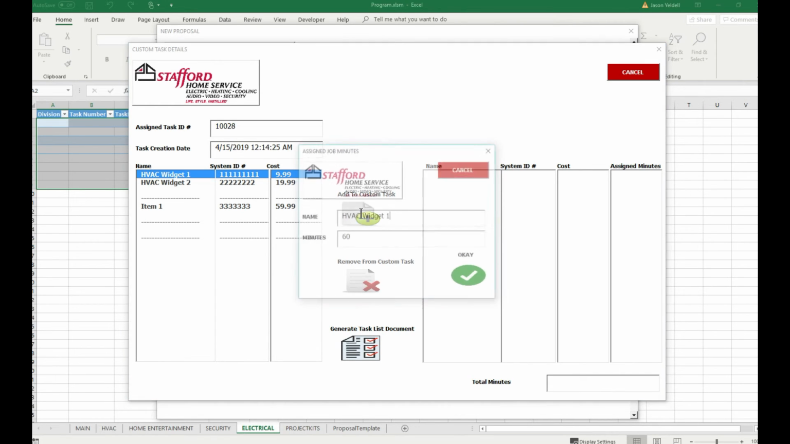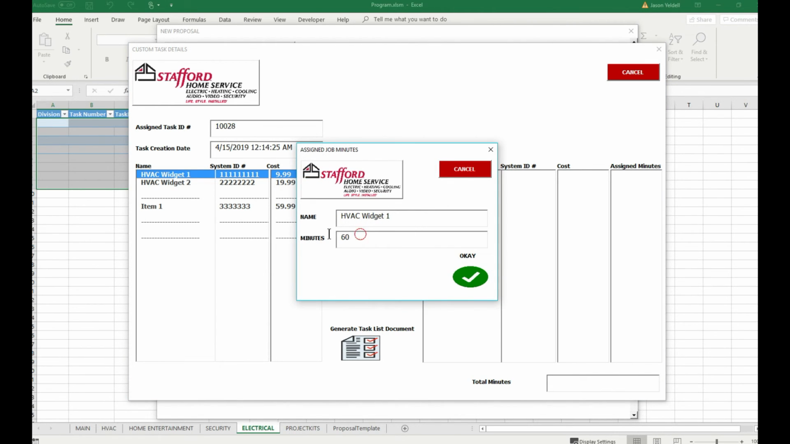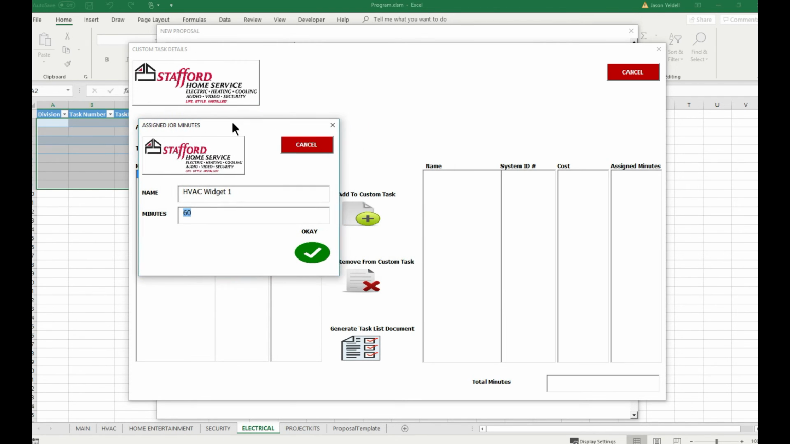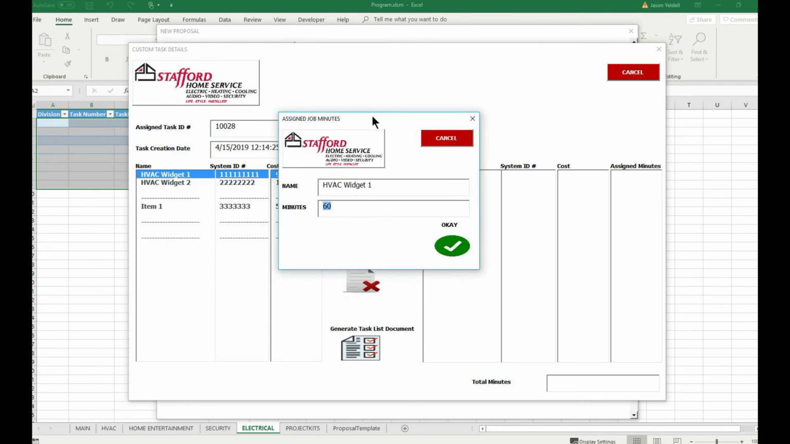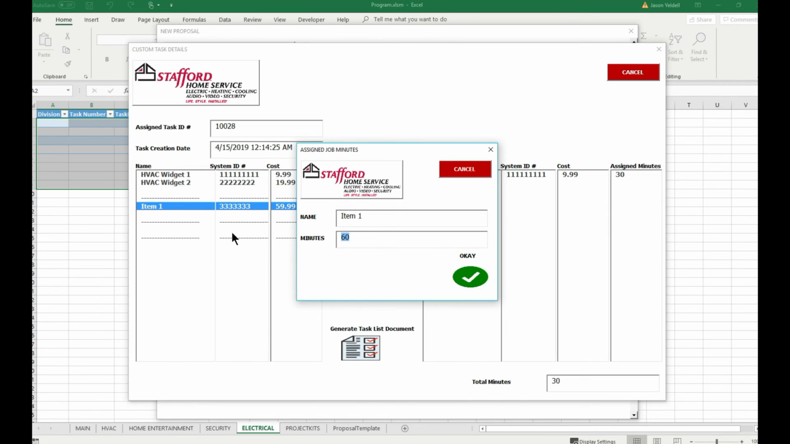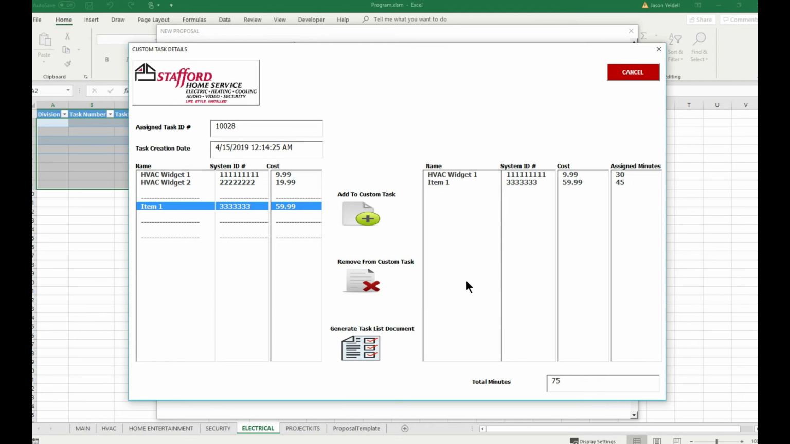But this allows you to quickly choose items and add them to a task and assign minutes to them. I think the ask was to assign an associated amount of man hours or minutes to each individual item, and then have it tallied at the end. So let's say that this widget 1 will cost us 30 minutes to actually do, and item 2 will cost us 45 minutes. Item 1 rather costs us 45 minutes. And we can see those things are automatically tallied to a 75-minute total for this custom task. And now let's generate this